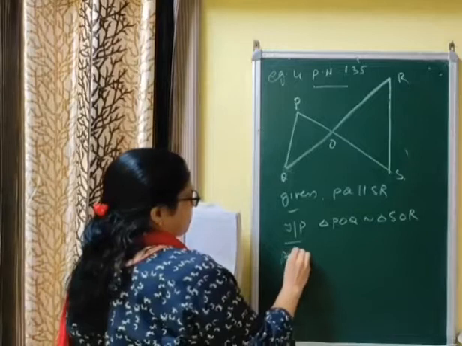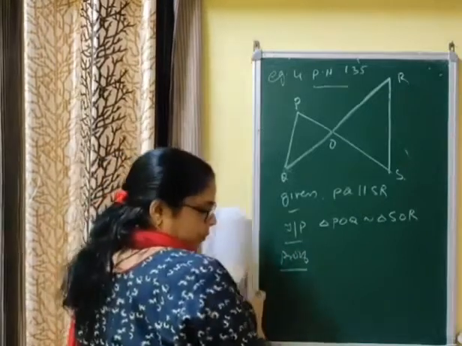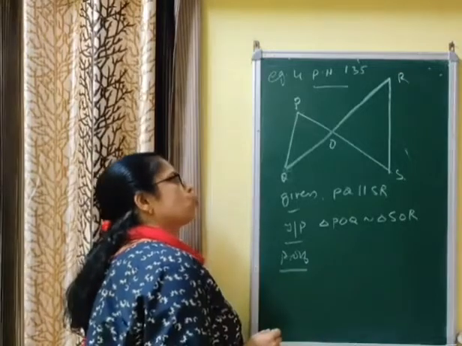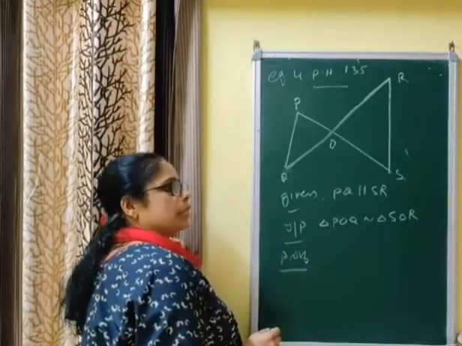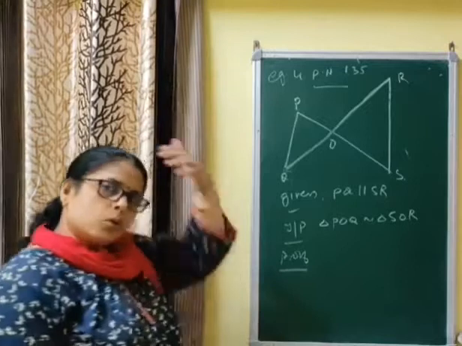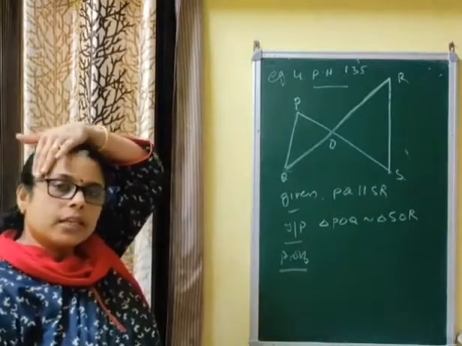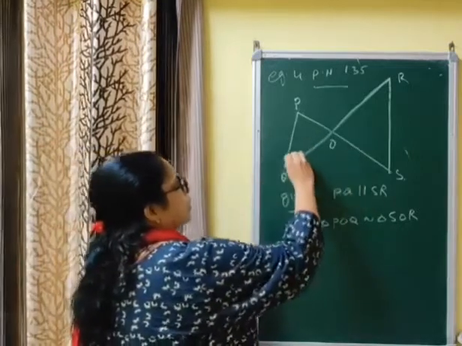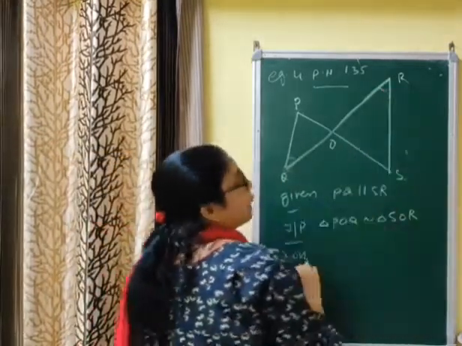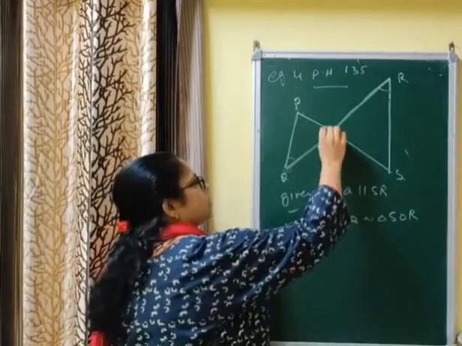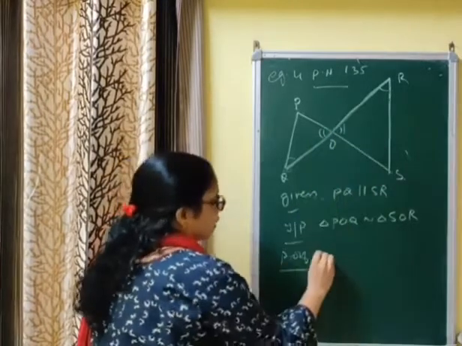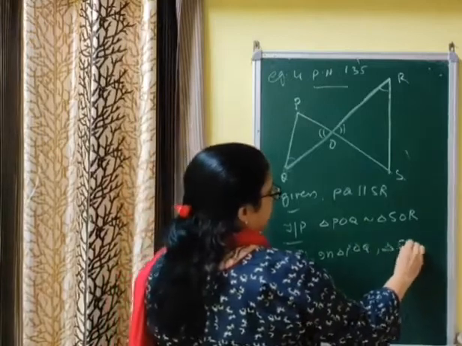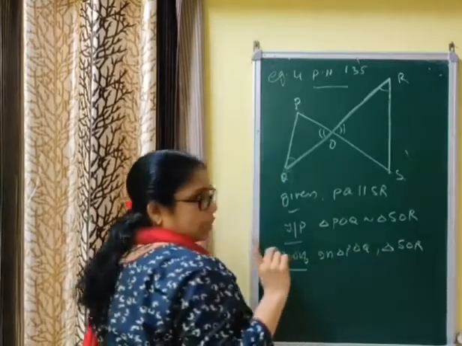Proof. In most of the questions you can use double A. If you are given any condition related to angles, it is easy to use the AA similarity condition to prove this. Otherwise you can use the given one. Since these lines are parallel, this angle and this angle are equal by alternate angles, and this is again equal by corresponding angle. That is, in triangle POQ and triangle SOR, see the order of the letters is very important.